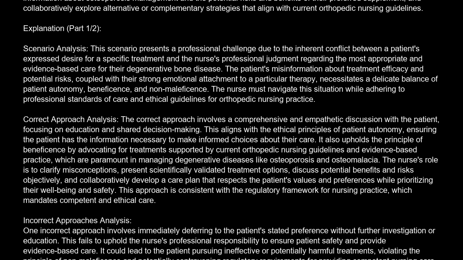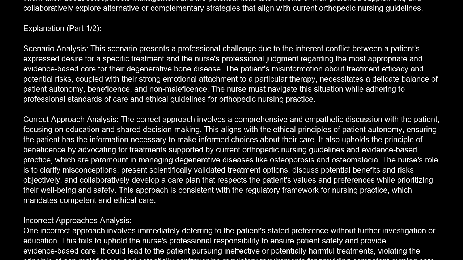The patient's misinformation about treatment efficacy and potential risks, coupled with their strong emotional attachment to a particular therapy, necessitates a delicate balance of patient autonomy, beneficence, and non-maleficence. The nurse must navigate this situation while adhering to professional standards of care and ethical guidelines for orthopedic nursing practice. Correct approach analysis. The correct approach involves a comprehensive and empathetic discussion with the patient, focusing on education and shared